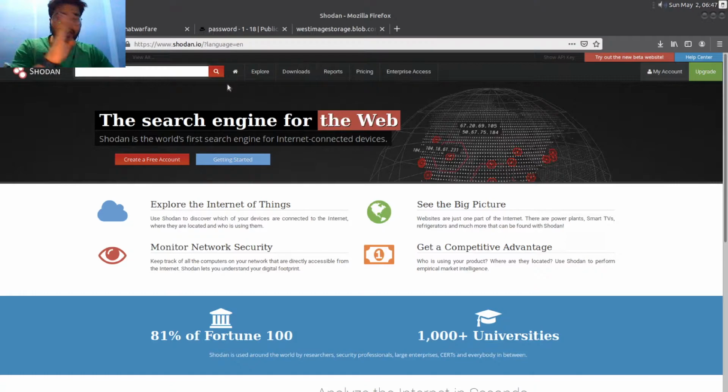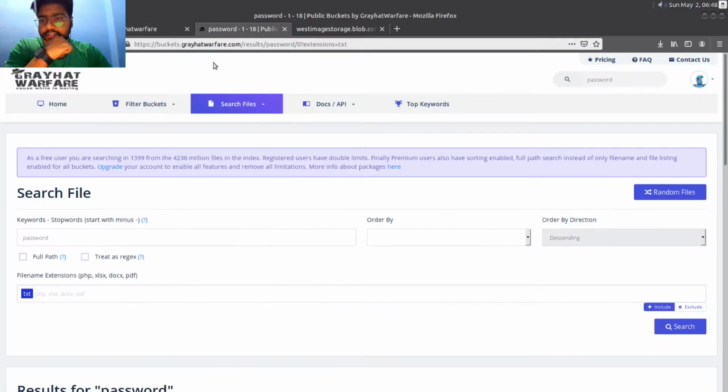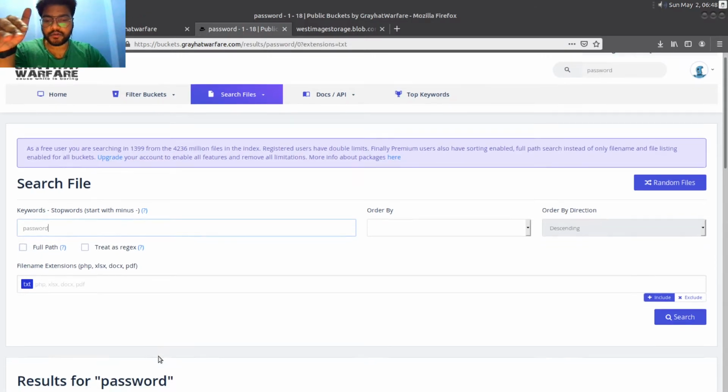Shodan, the best way to find information about your target. For example, abc.com, whatever it is, put it here and try to find out whatever you can from this particular website. This is a very good tool. Then after that, there is this website called Grey Hat Warfare, to find the AWS S3 buckets of your target. For example, you can write a company's name, and after that, like a regular expression, you can type down words and you will find the results below.